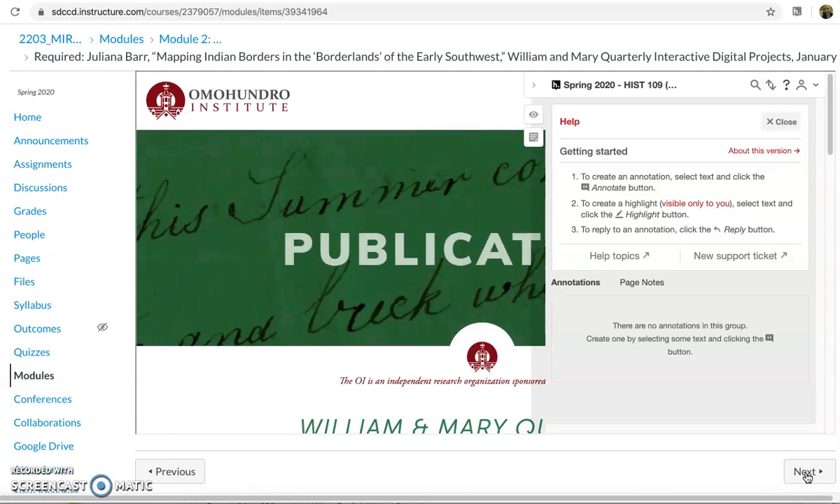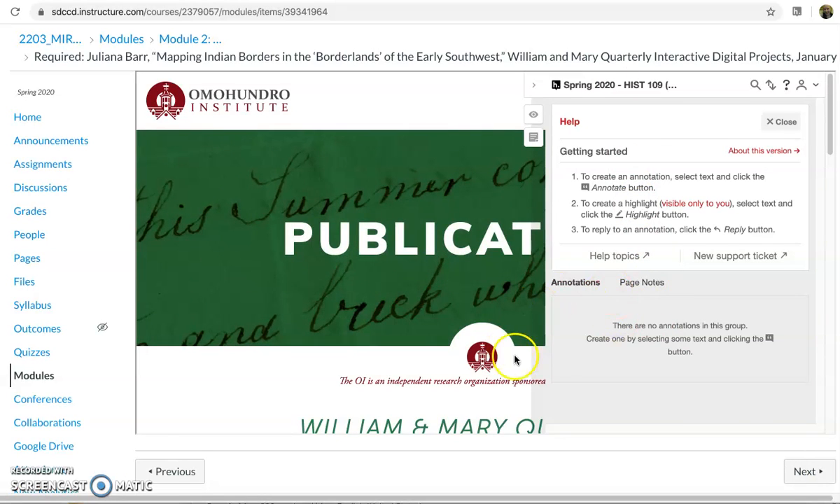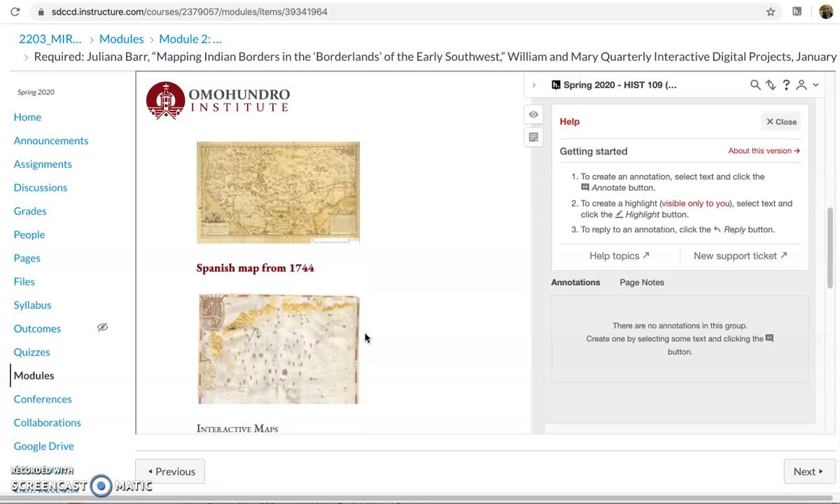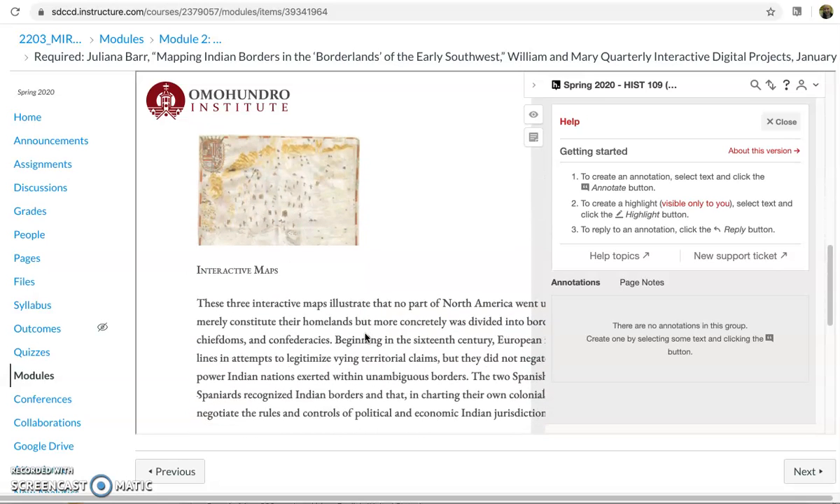What happens is you'll have this little sidebar that'll pop up right where your reading is. And this first reading is not really a reading at all. It's a couple of maps that I'd like you to look around and answer some questions about, but I'll show you how it works. So once you have loaded Hypothesis,